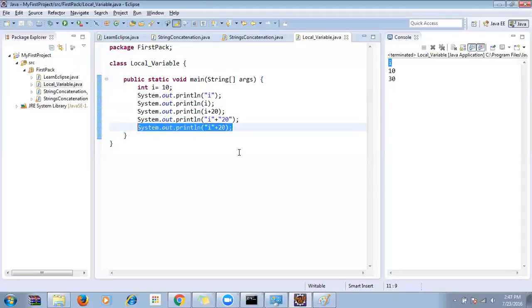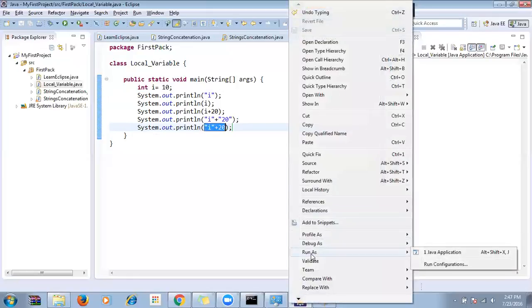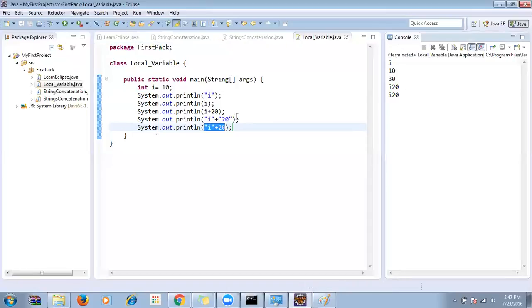To read I plus 20? Yes, this one, I plus 20. What will be the output? It will also be I plus 20, right? Superb. It also will be I20 only, because execution always happens from the left hand side to the right